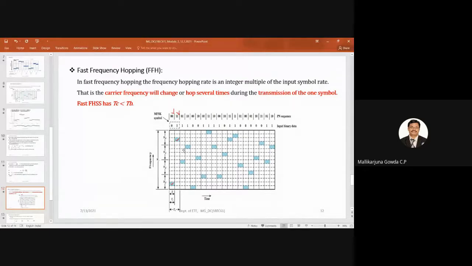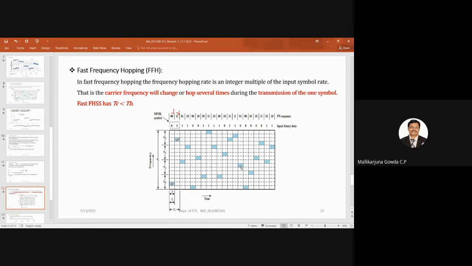So with this mechanism, it is possible to provide high security communication between the transmitter and the receiver. If you have any doubts, you can ask with respect to this, but take your time. I hope this picture will give you a clear understanding of how, to transmit one particular symbol, it hops several times. So with this example, I think we will be able to illustrate. Understanding this diagram is much more important than just writing theory.